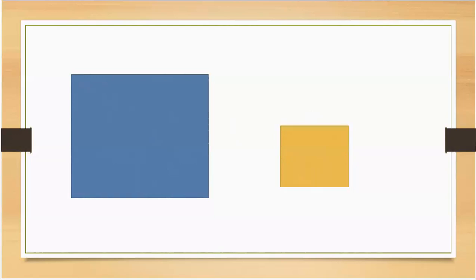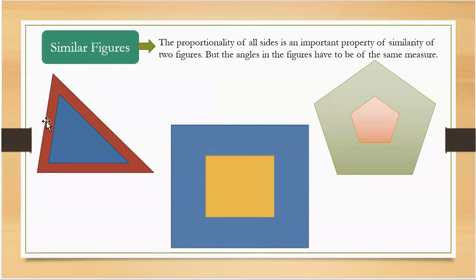So all these figures which you observed, two triangles of different lengths, two pentagons of different lengths, and two squares of different lengths, which have the same angle measurements, are called similar figures. They look similar, but they are not equal. But the proportionality, one thing: the lengths of the sides of the two triangles are in proportion. Now, the sides are proportion का मतलब क्या है, that I will explain to you further.